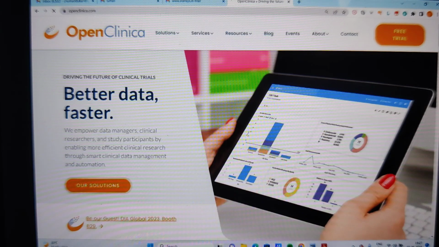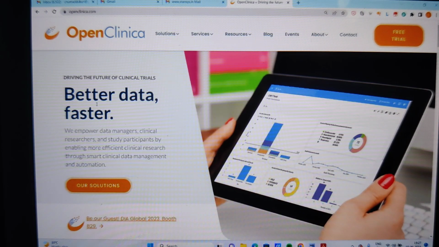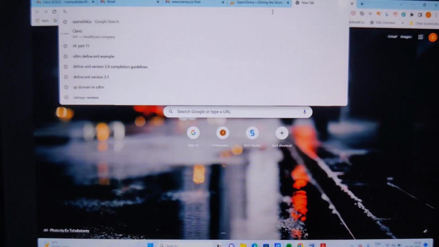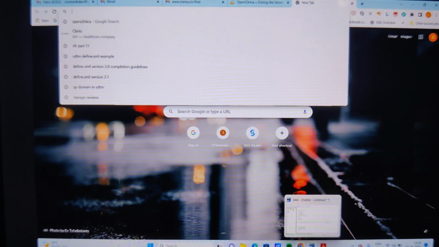But since it is a free tool, it is not a customized one. It is just a generalized, common source. So we can download it and use it. In the same way, we have eClinical Suite. There are other freely open databases we can choose, download and use. But since they are open source, they are not so secure and not so customized. So it depends upon the requirement, and we are going to design a database.